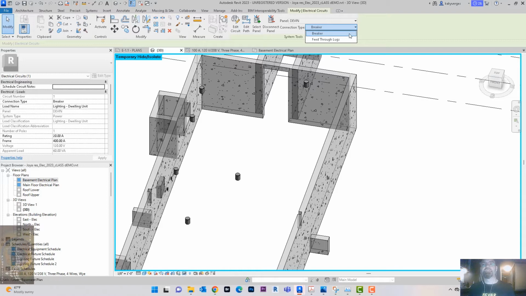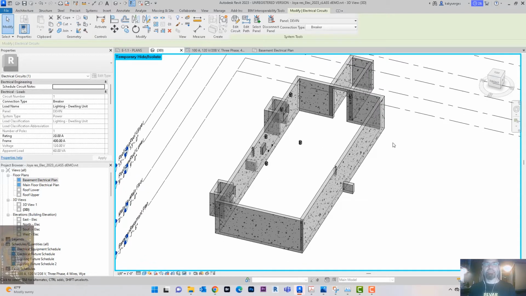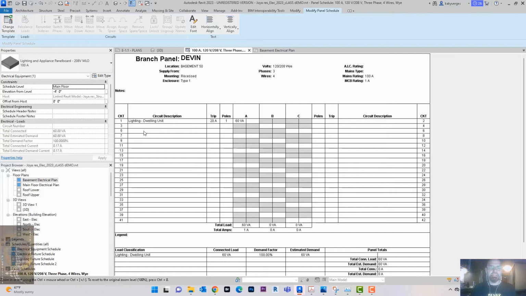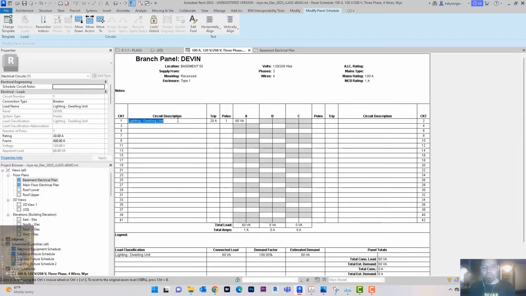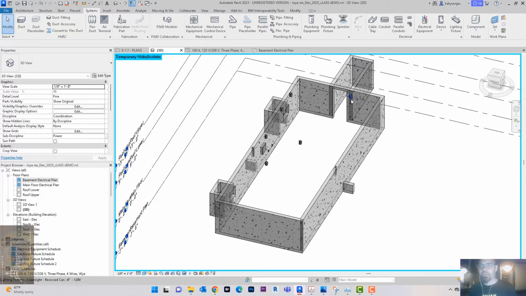And then it's going to ask me, is this a breaker or a lug situation? So I'm going to say it's a breaker. All right, so now I've officially added that to the circuit. And what we can do is I can go to the panel template really fast, and you will see that here is my circuit. So I can come back and do this, or I can do it now, but I'll go ahead and label this basement lights. Then I'm going to go back to my 3D and